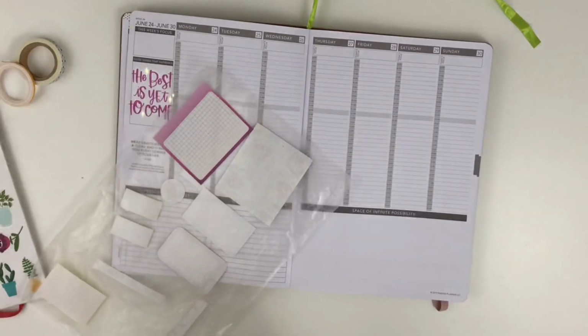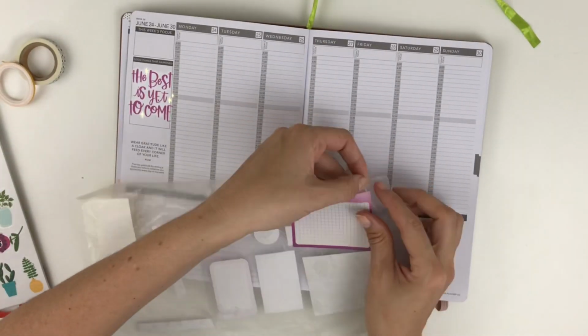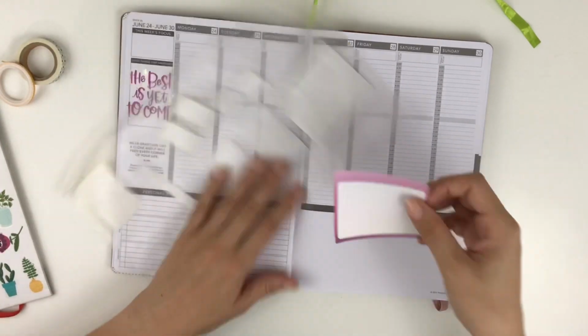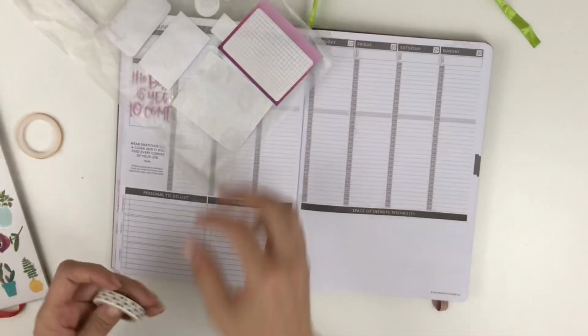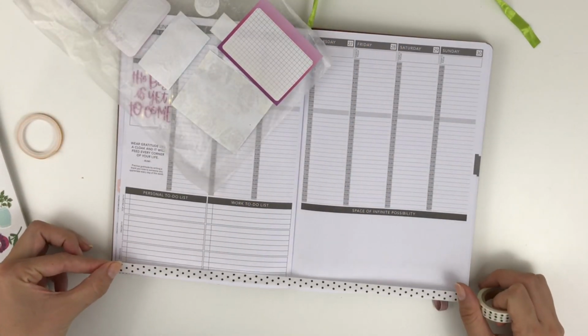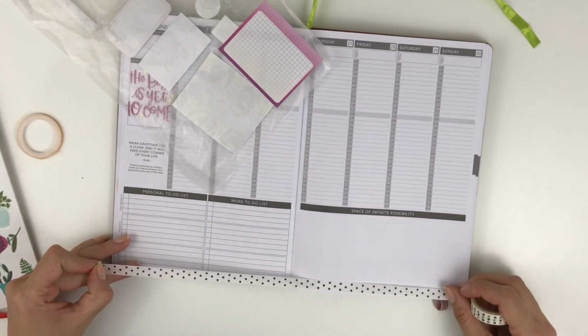I decided to use the box sticker, the inspiration sticker, and another box. I'm going to fill up that space. This week, I'm going to try to write in it, maybe some plans for the following week. And there's plenty of room for 2 of those enormous stickers. But first, we're going to get some washi tape down on the bottom because the stickers are going to go